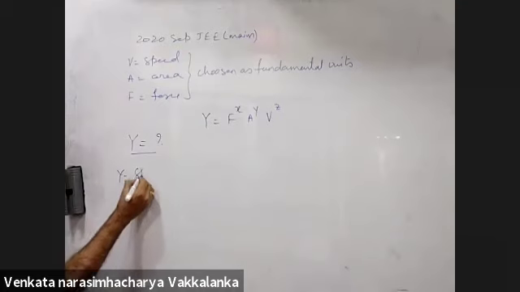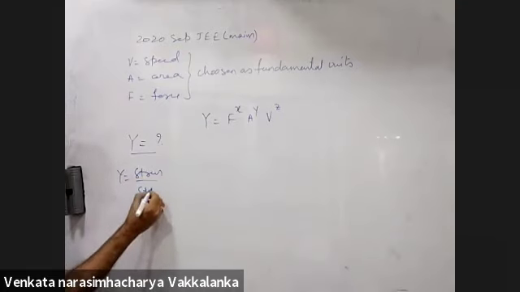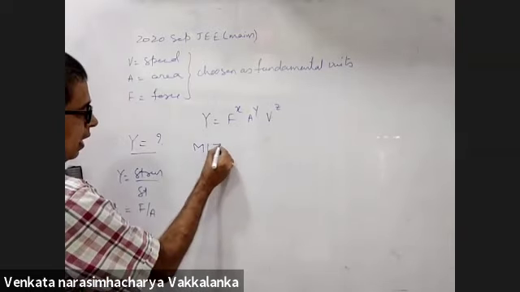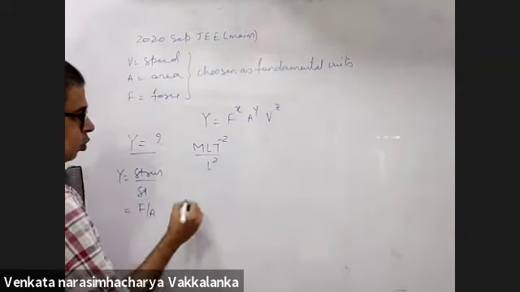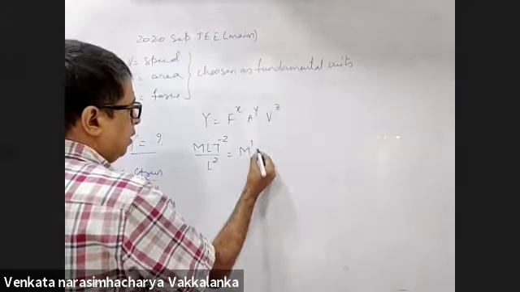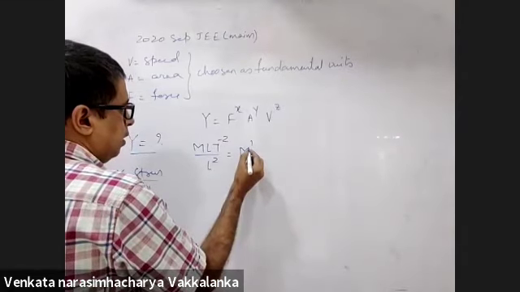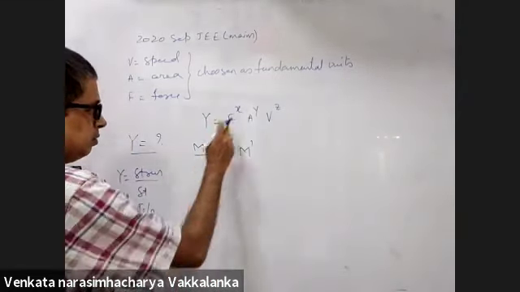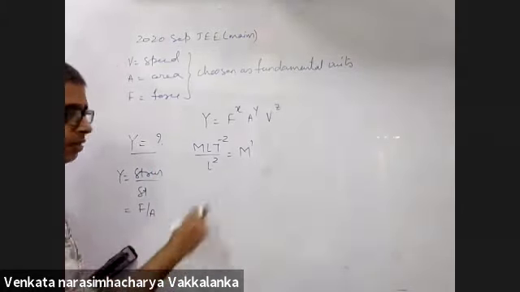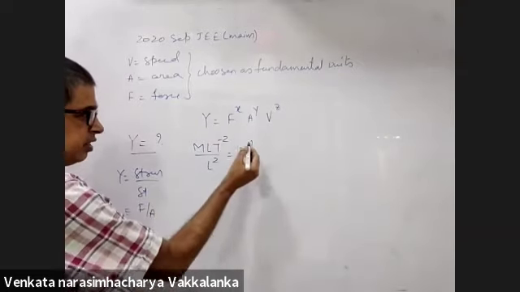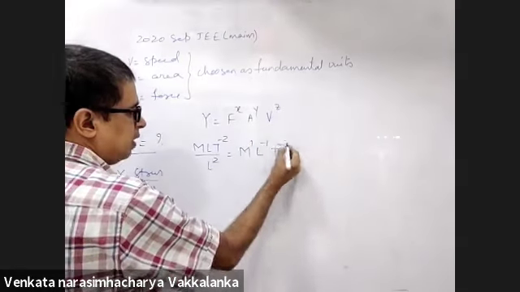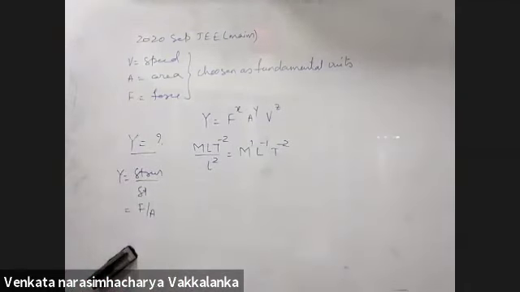Young's modulus is stress by strain, right? Basically, the units of stress. Yes, sir. Stress, force per unit area. So M L T to the power minus 2 by L square. This will be m to the power 1. So now, directly you can write f a to the power minus 1, because you already got f by a. Okay, I'll do it traditionally once so that here it is coinciding. M to the power 1, L to the power minus 1, T to the power minus 2. Is my calculation clear, correct?